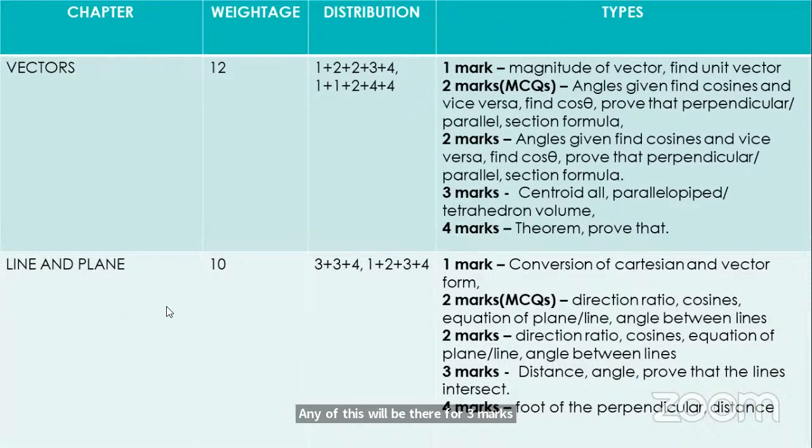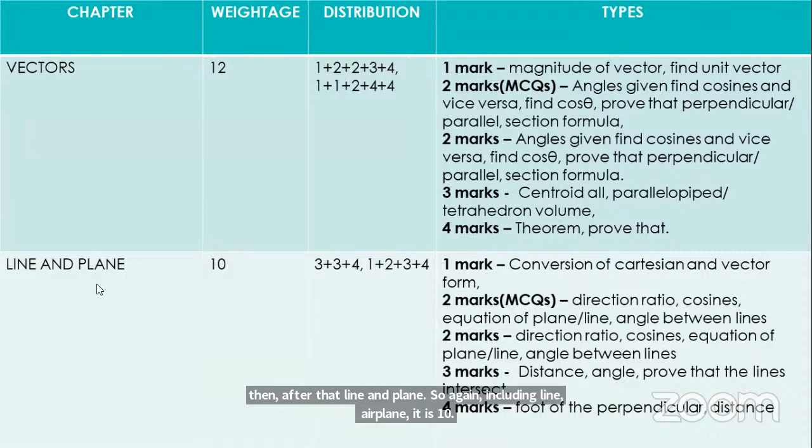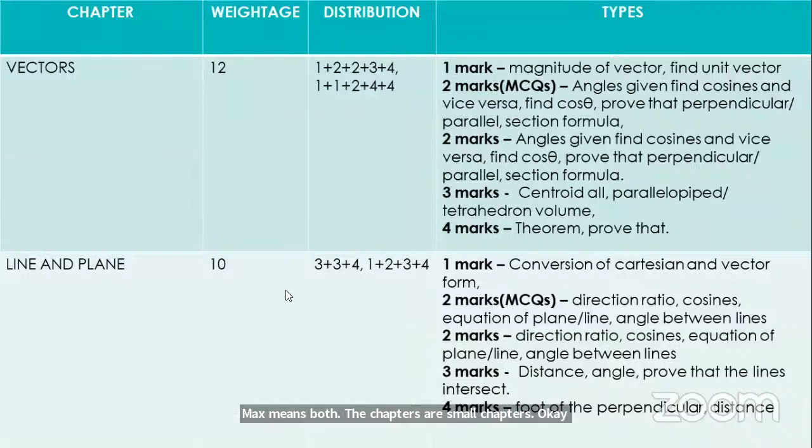Then after that, line and plane. So again, including line and plane, it is 10 marks, means both the chapters are small chapters. Okay. So it is just maybe 5 marks in this way it is divided. And you can see that 3 plus 3 plus 4, or any one chapter you can